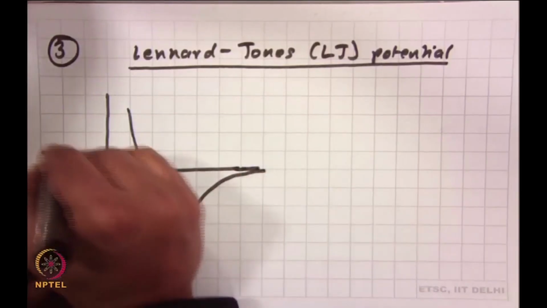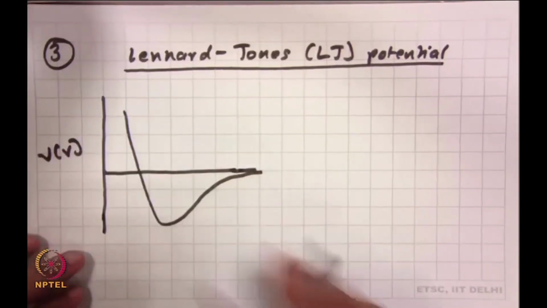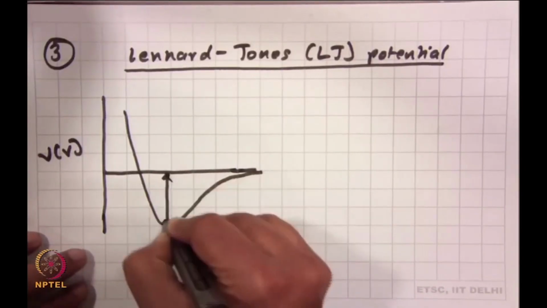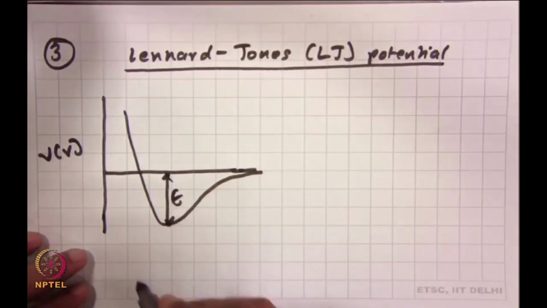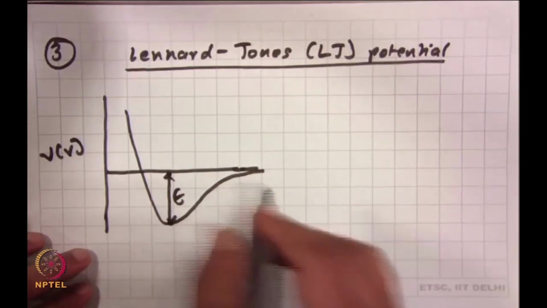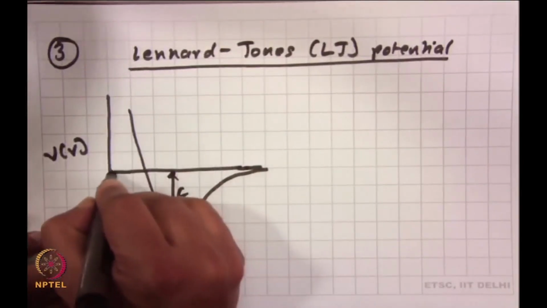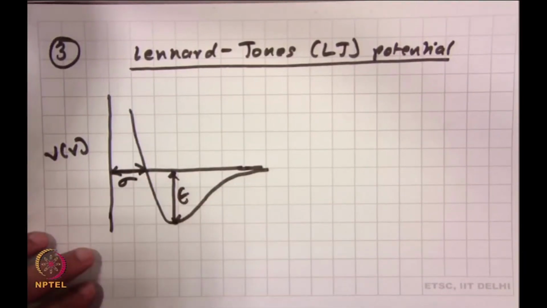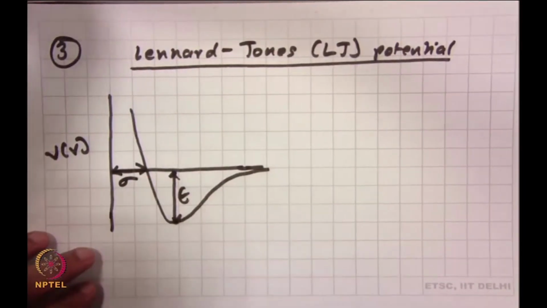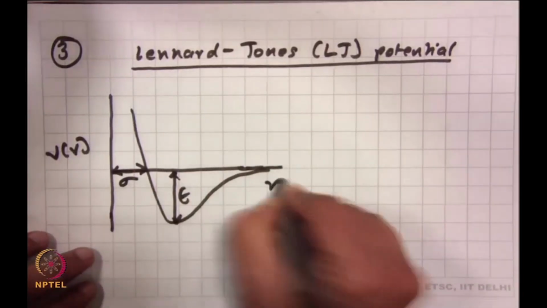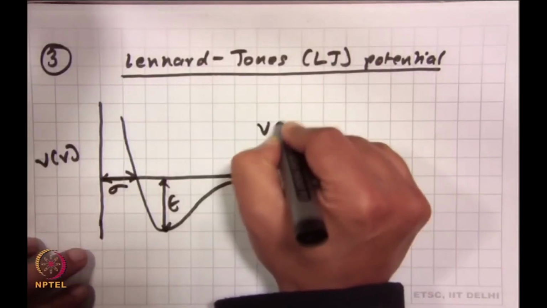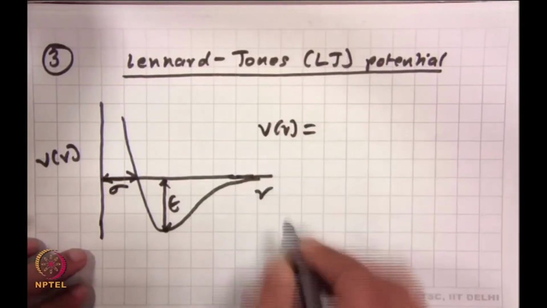It goes something like this. I have V of r, right. This well depth again is epsilon, right, and this one from here to here is sigma, okay. And obviously this is r, and this Lennard-Jones potential V of r is equal to